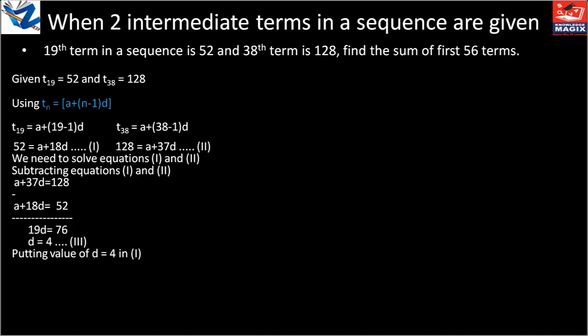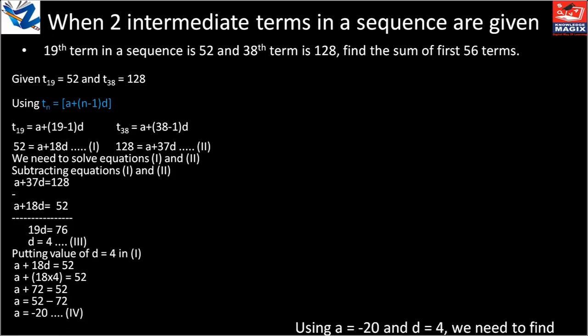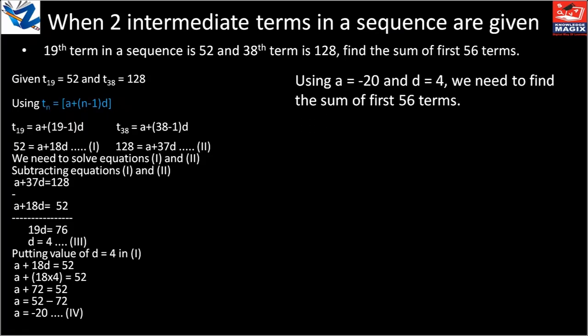Putting value of d is equal to 4 in equation 1, a plus 18d is equal to 52. a plus 18 into 4 is equal to 52. a plus 72 is equal to 52. a is equal to 52 minus 72. a is equal to minus 20 is the equation 4. Using a is equal to minus 20 and d is equal to 4, we need to find the sum of